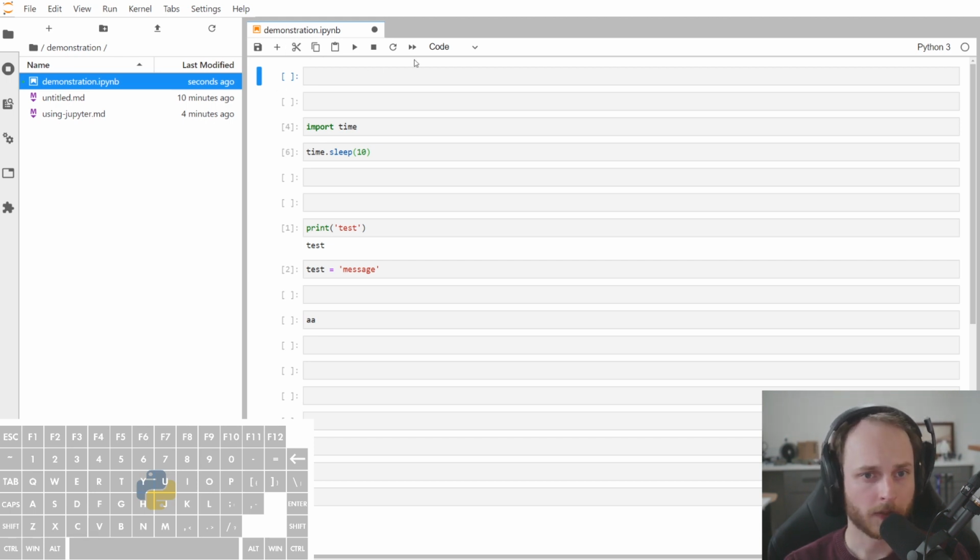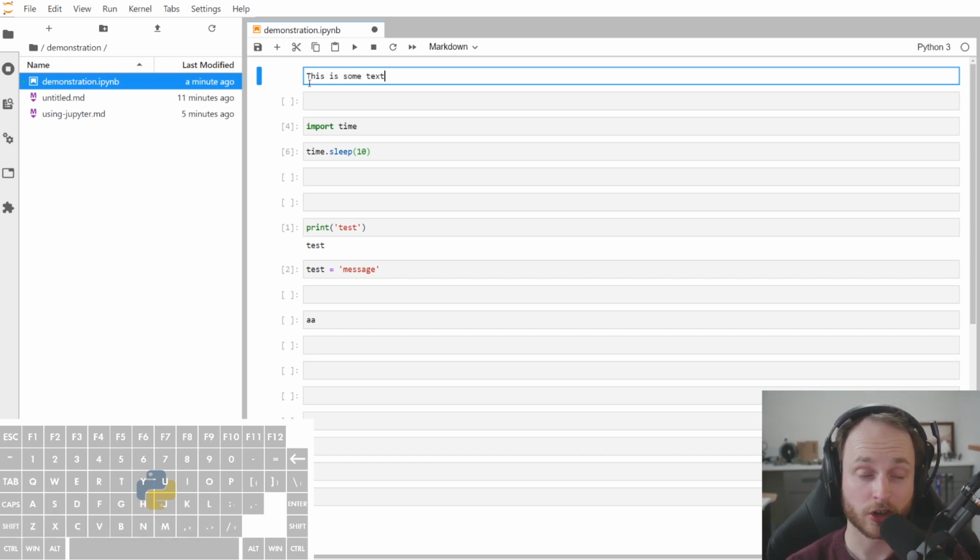Now, whenever you select a cell, and you can tell that you have a cell selected if it shows this blue indicator in front of it, then you go up here and click on this little drop-down menu, and you can see the different types of cells. You don't need to worry about what a raw cell is, but we have a code cell and we have a markdown cell. If I click Markdown, then notice two things. First, it still looks like any other cell, right? I still have a cell, I can select it, but I no longer have these square brackets in front of it. And that means that I can put code in here, or sorry, I can put text in here,